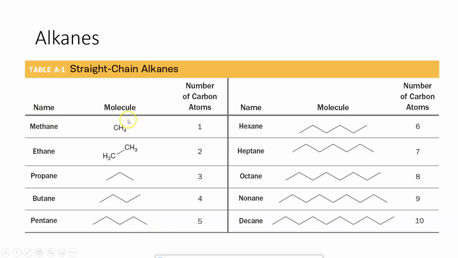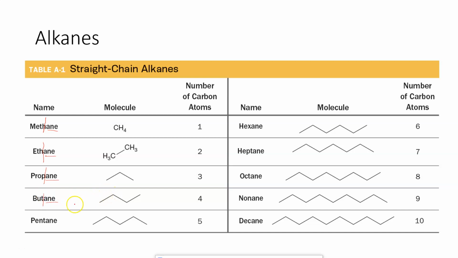So if we have only one carbon, we are going to use the root meth and then the ending ane, meaning this is an alkane, right? If we have two carbons, we are going to use the root eth and the ending ane, meaning also this is an alkane. If we have three carbons, we're going to use prop and then ane,